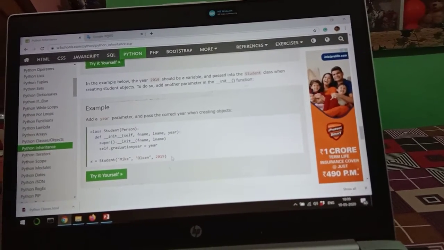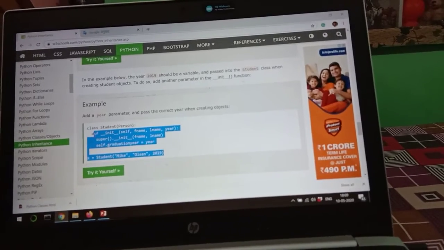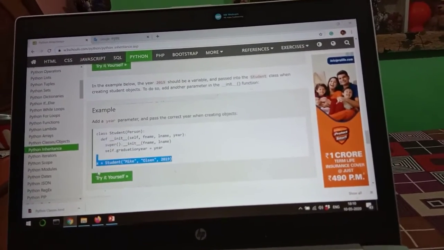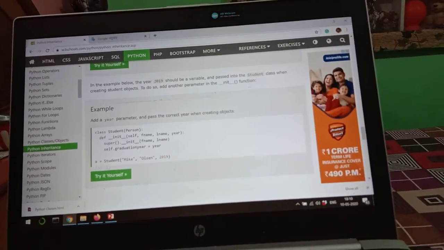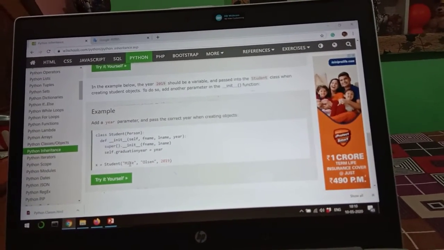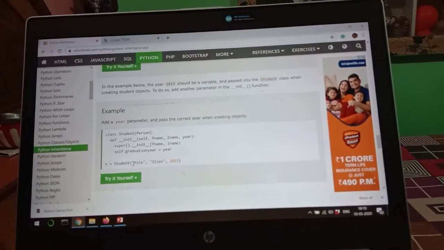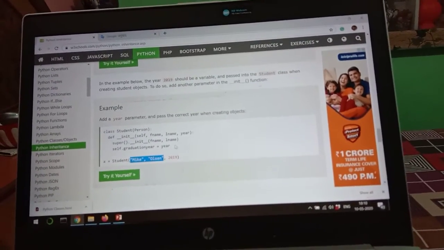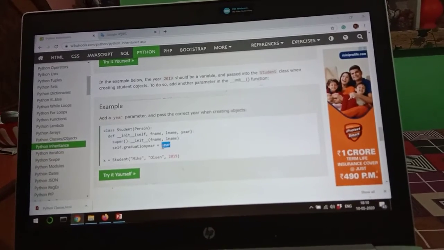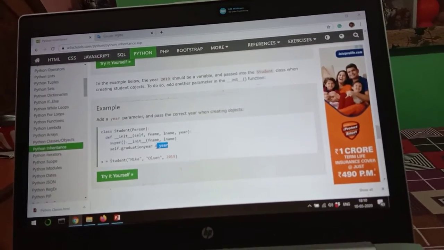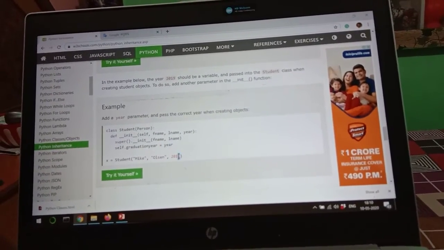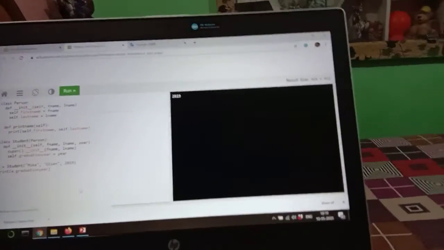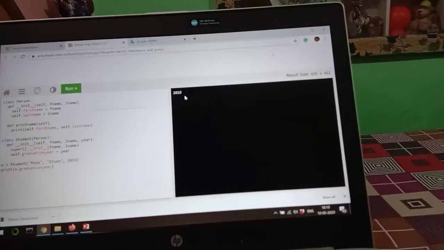In this way, when we add self.graduation_year equal to year, our object becomes a student, the child class, which already has these two properties, and now we have added one extra property, that is 2019. When we run this program, we get the 2019 extra property.